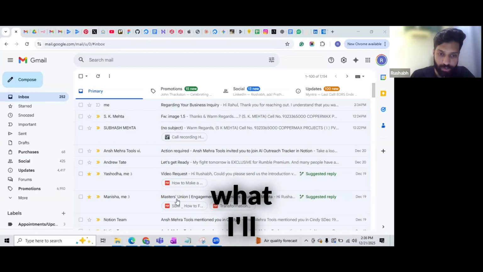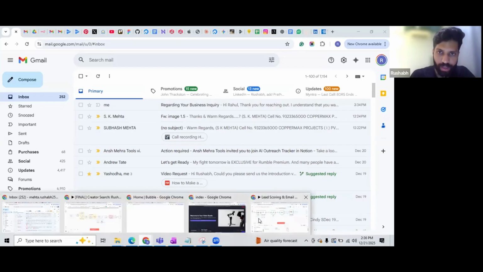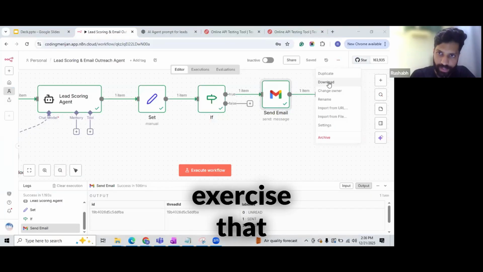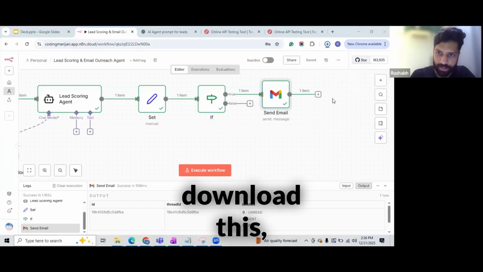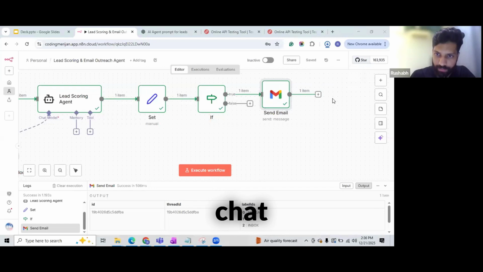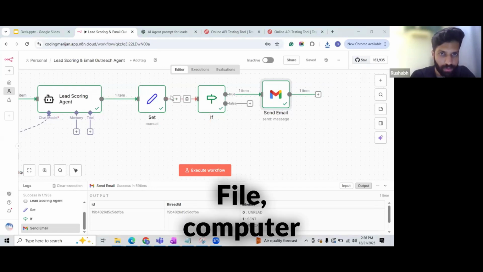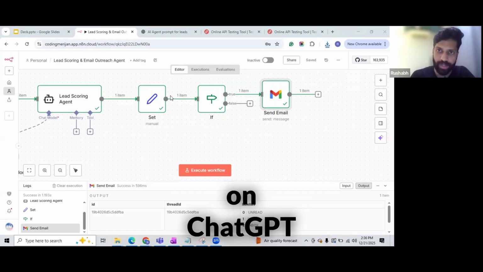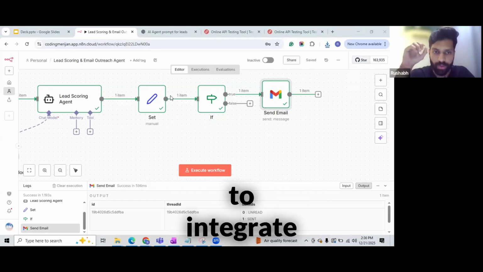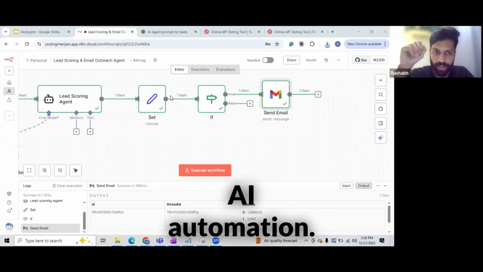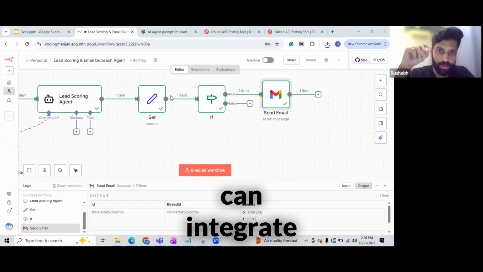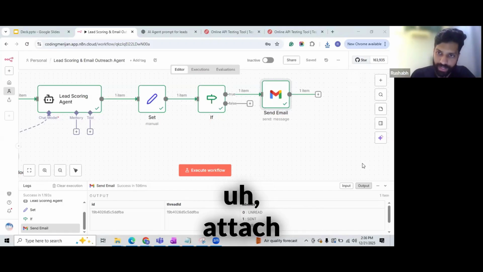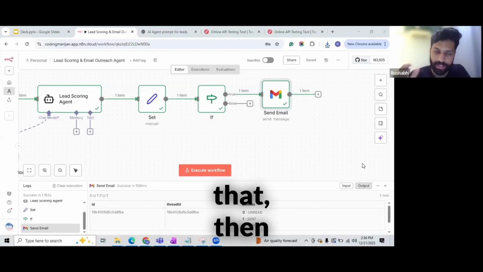And you know what I'll do? I'll actually go ahead and download this JSON. And here's an exercise that I want everyone to do for next time. I'm going to attach it into the chat. What I want everyone to do is put this on ChatGPT and say, I want to integrate Google Sheets in this AI automation. Give me all the ways I can integrate a Google Sheets node in this AI automation. Just copy and attach this file on ChatGPT, ask it that, then ChatGPT will give you